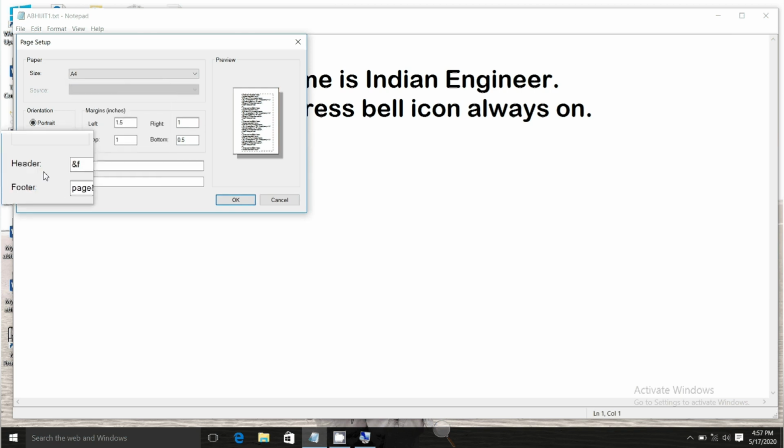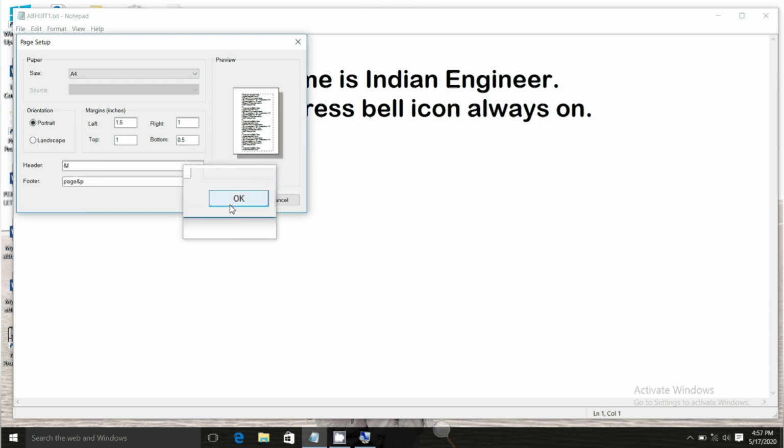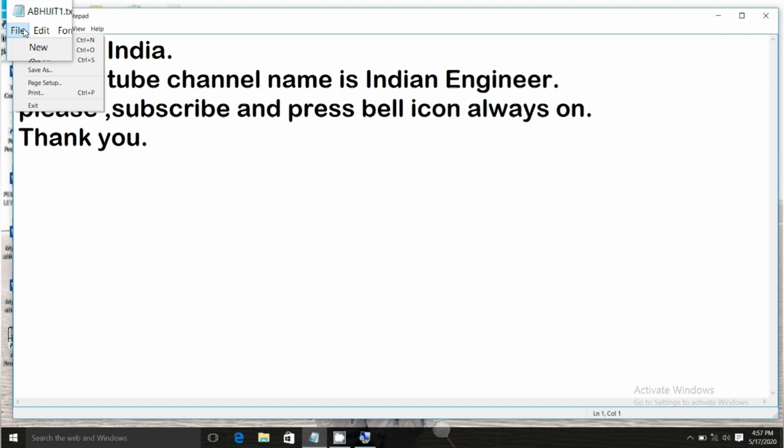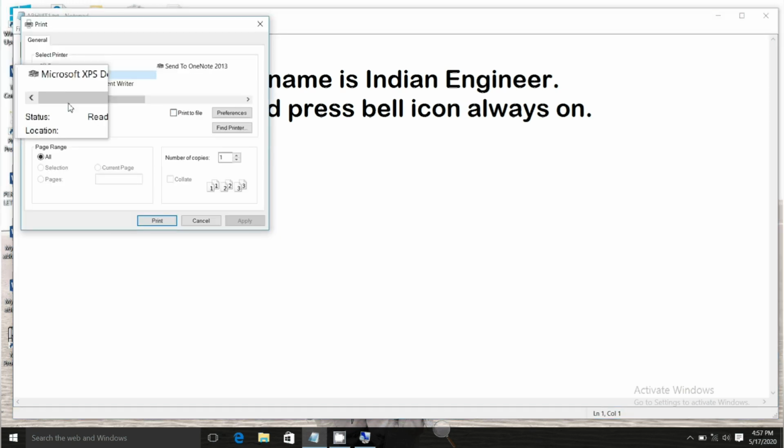This is the header and footer option. In the header, this is the default setting, and the file name and page number options are in the header and footer respectively. If you directly give the print command, then I will show you how our page looks.